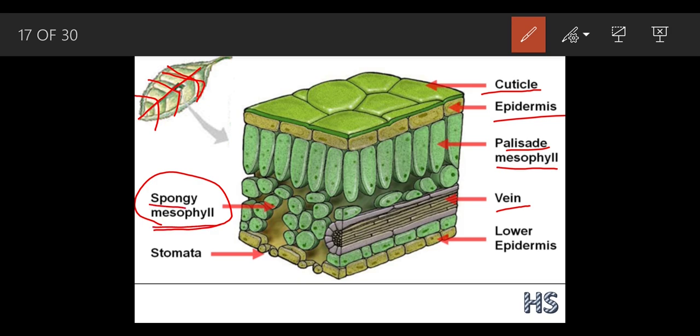So that is why the word spongy has been given, because there is a lot of free space in between this leaf. Okay, and we know on the lower surface there are a lot of stomata, as we have proved in the previous experiment. Okay, on the lower epidermis there is a presence of the stomata, which is protected by the guard cell. So what happens in this mechanism?